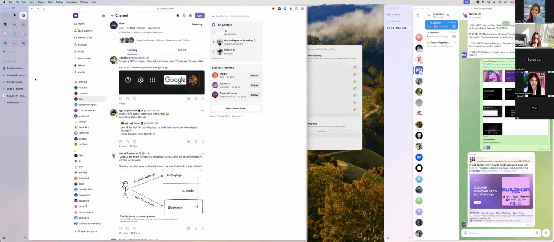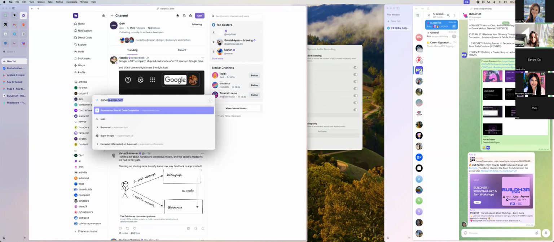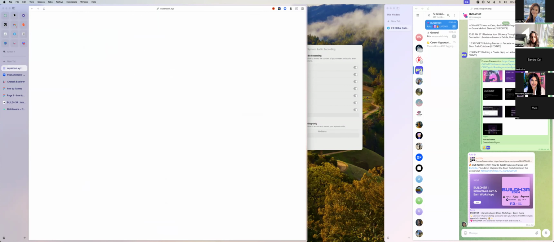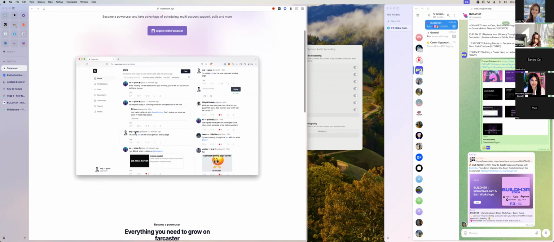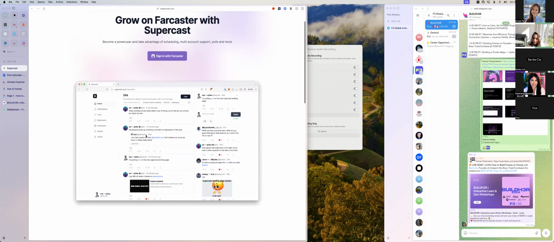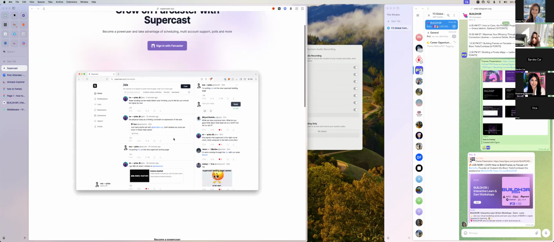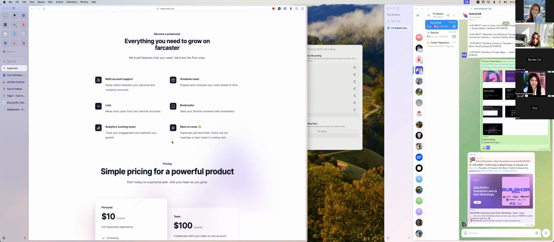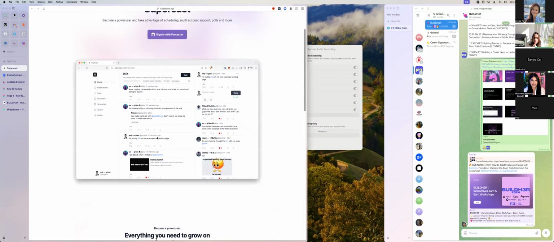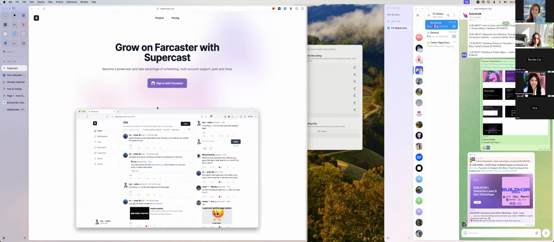One other thing to point out is I mentioned it's decentralized, which means that the data on Farcaster is decentralized, but the client, this front end, is an app, and anyone can build this app. So I want to show you another example of another client called Supercast, and it looks very similar, with slight differences in terms of UI, but the data is the same. They have some additional features like multi-accounts, and I think you're still able to